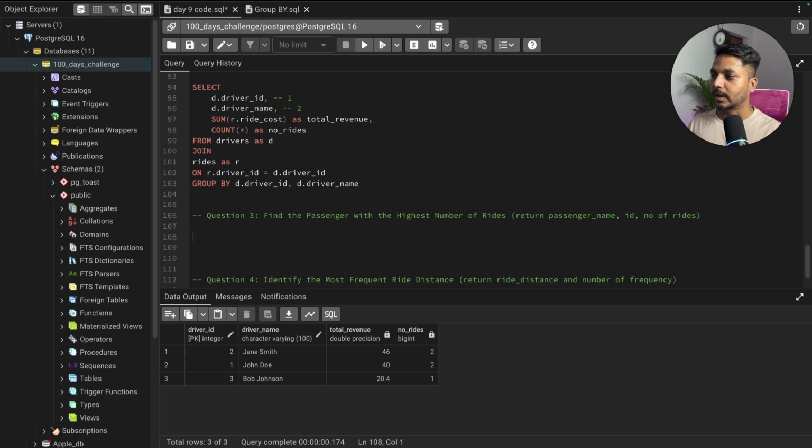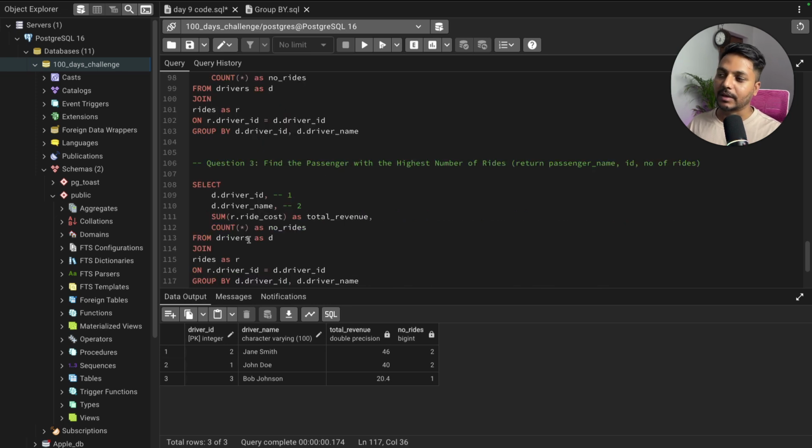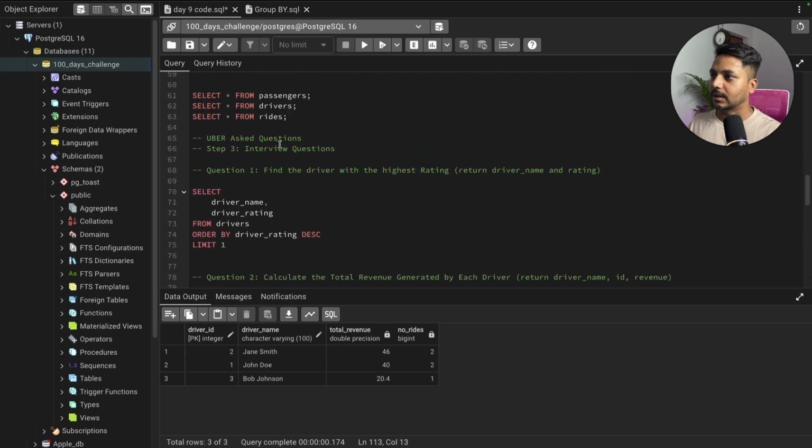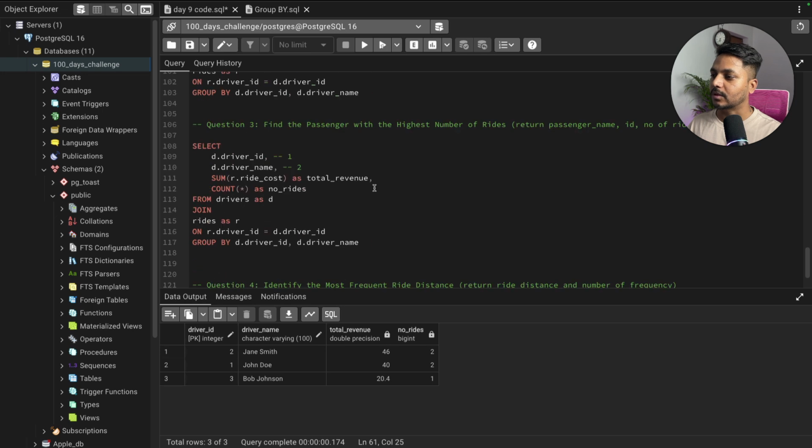So we can go ahead and say that we need everything. Now here I will do the join, but instead of drivers I will do the join with the passenger table. So it's the passenger table. Let me just copy the table name. I can just replace it with the passenger table, because from the passenger table I am joining with the ride table, because I need each passenger and the total number of rides they have done, right? So I can say passenger table as